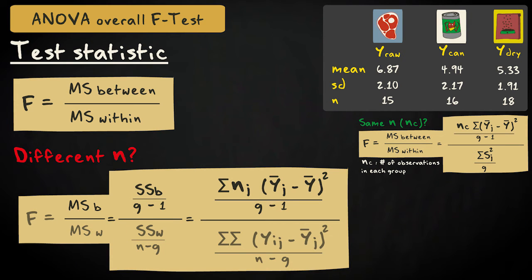Manually calculating the between-group variance follows the same logic. You just treat the means as if they were individual observations. For each group, you take the difference between the group mean and the grand mean, square the difference, and multiply by the number of participants in that group. If you do this for each group and add the results, you have the between-group sum of squares. This turns into the between-group variance once you divide by the number of groups, g minus 1.